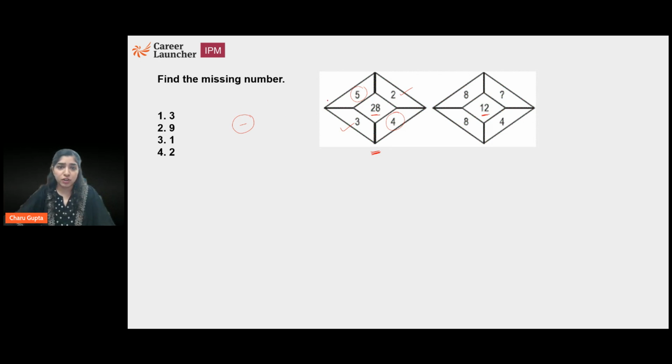Okay, so first of all, let's combine the two observations that I just mentioned and let's check what we get. So 5 plus 4 if I do and then I subtract 3 plus 2, I think I will get a very small number. Okay, now if I multiply 5 into 4 and then I subtract 3 into 2, I will get 20 here, I will get 6 here. Even if I add, I will get 5. So no, normal addition and multiplication is not helping me.